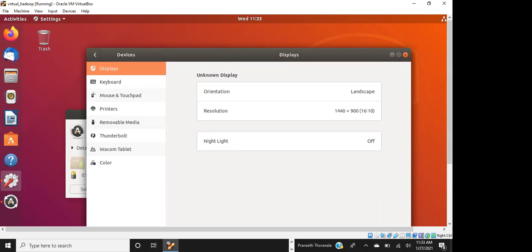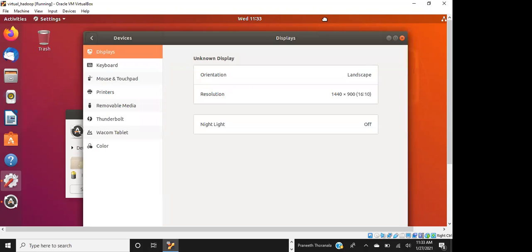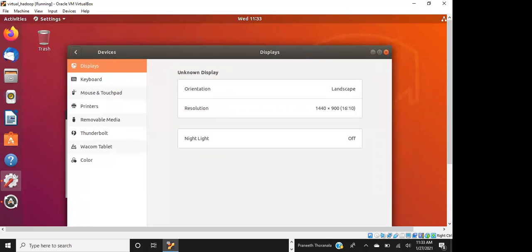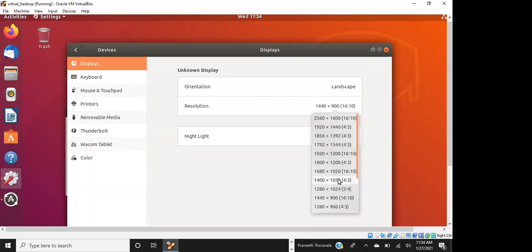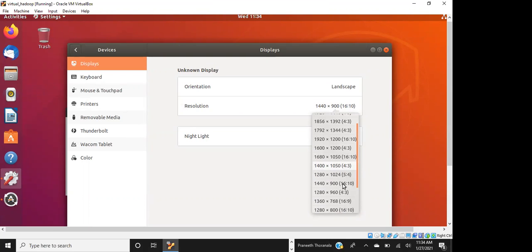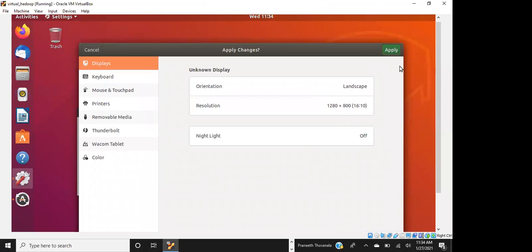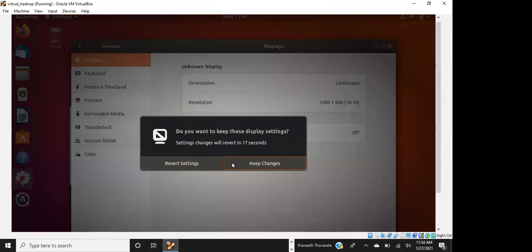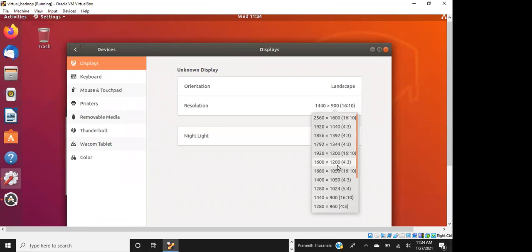Scroll up. This is the original one. Maybe because of your system, the worst machine. I'm trying to reset. Okay, this is better, I guess. Keep changes. At least the horizontal scroll is not coming.